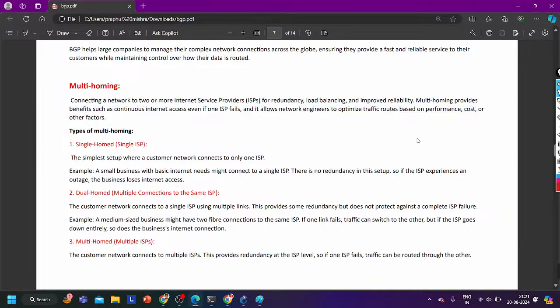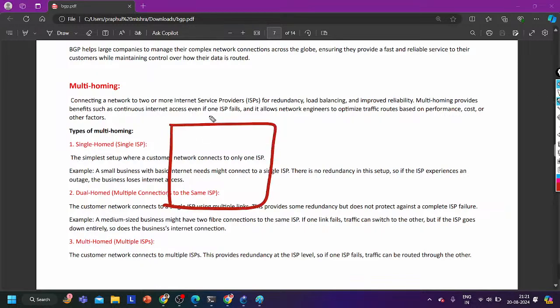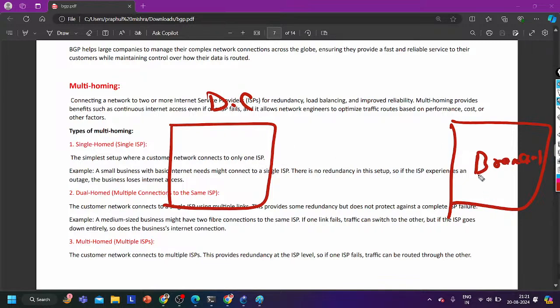A better example can be, let's suppose, a company has one data center here, DC, and one branch office, Branch 1. Guys, this company has multiple branch offices like this, let's say 10 branches around the world. But the company cannot afford one firewall at each branch office. So they will place the firewall at the data center only, and in the data center they are hosting one application. Now they need to connect the data center and branch office.